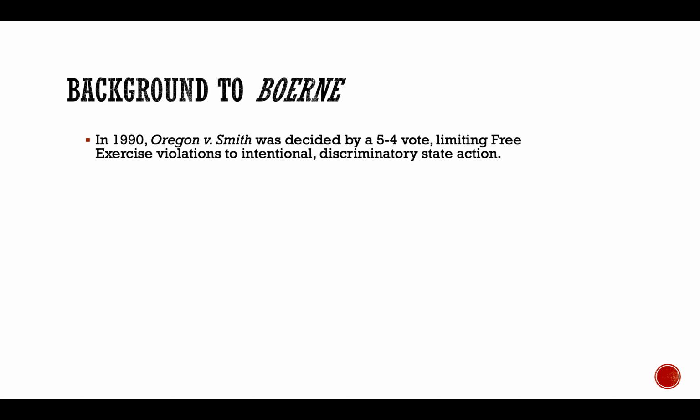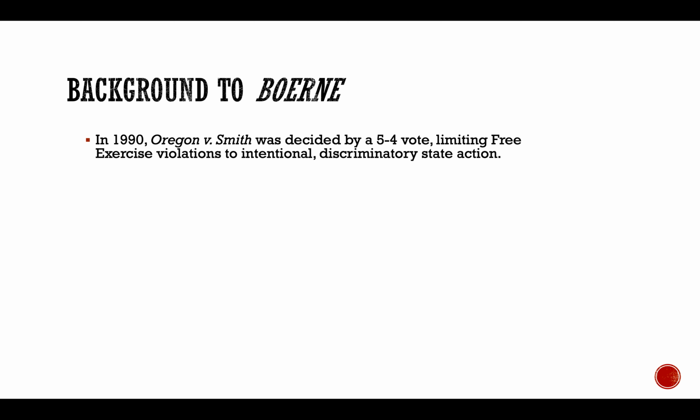So in this particular case, and I think this is explained somewhat in the Boerne case itself on page 972, we had some individuals who belonged to a Native American church. They claimed that part of their religious exercises required them to smoke peyote, a hallucinogenic that was derived from a type of cactus, I believe. And they were fired from their jobs because they had ingested drugs, and they were actually drug counselors. And because they were fired for cause, they were not eligible under state law for unemployment benefits.